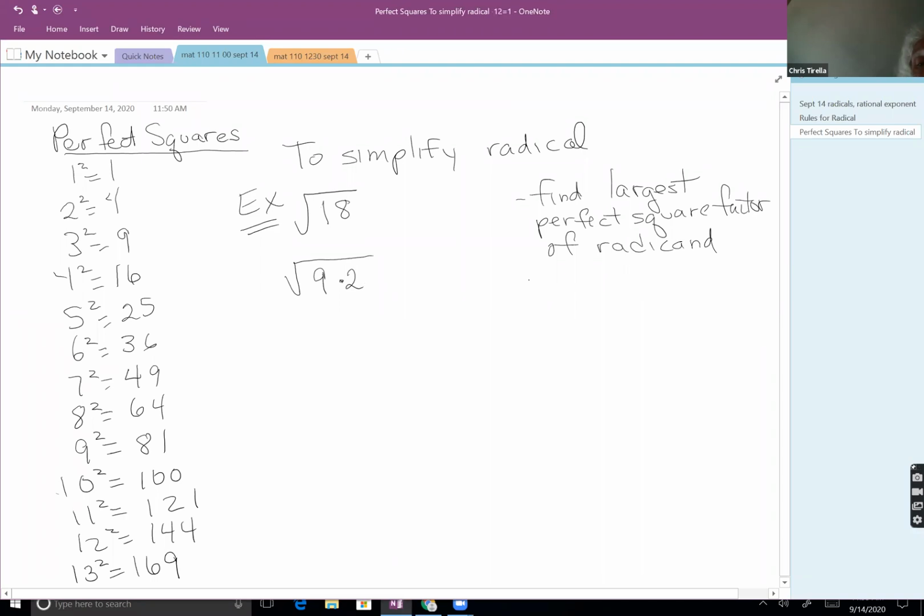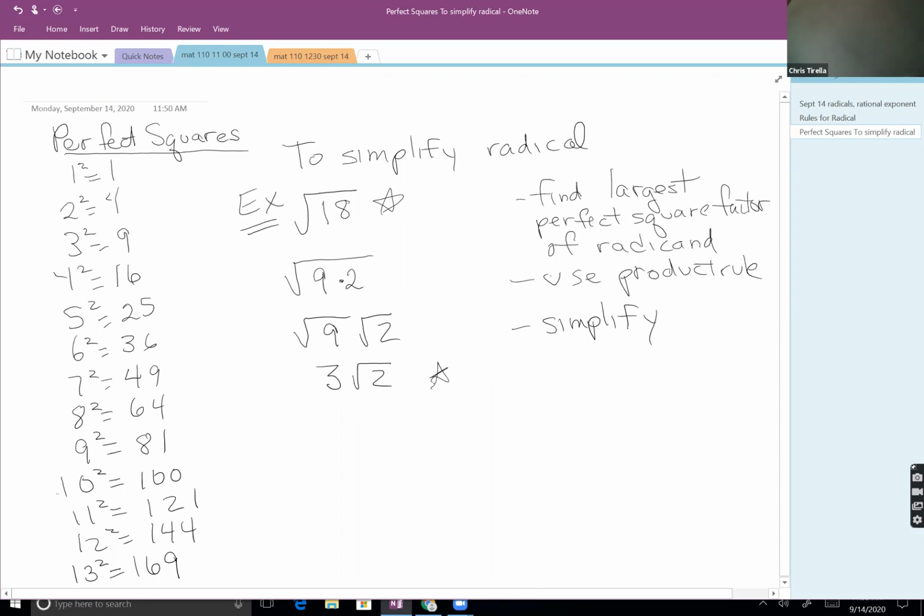Then we use the product rule. So I can think of that as the square root of 9 times the square root of 2 and simplify what we can. The square root of 9 is 3, and so my final answer is 3 square roots of 2. I know some people like to jump right from here to here. I know it's a lot of writing in between, but if you write it out, you're less likely to make